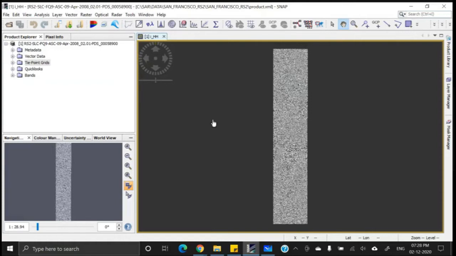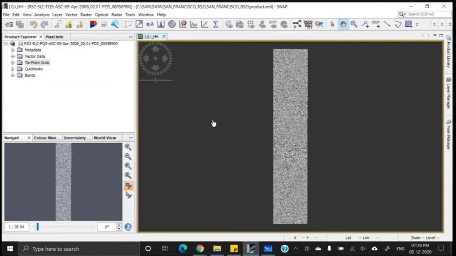However, you won't have this facility in any software other than Snap. Further, even in Snap, this orbital information is only provided for Sentinel data, the European Space Agency Sentinel data.